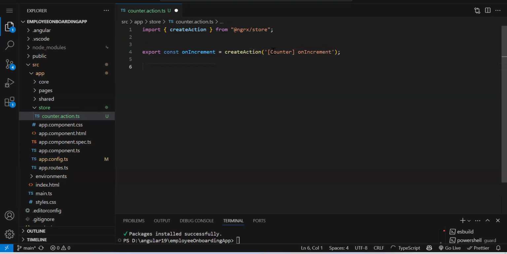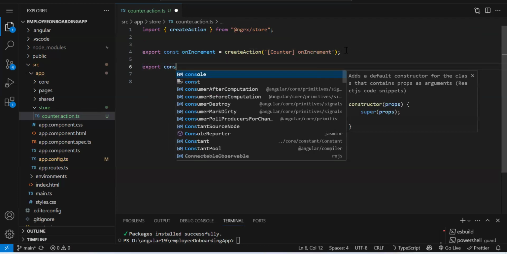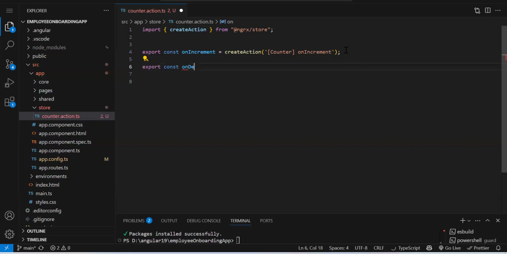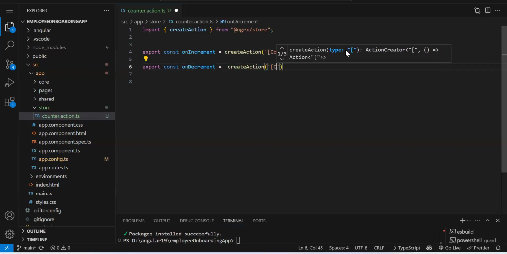Here you can write anything, but we prefer to use our state name and our action name. Export const decrement is equal to createAction, round bracket, single quote, counter, decrement.